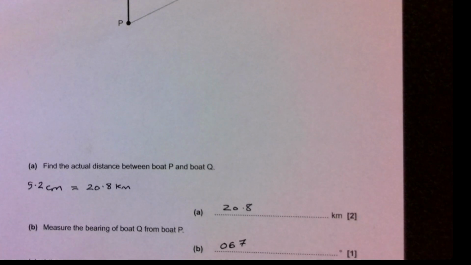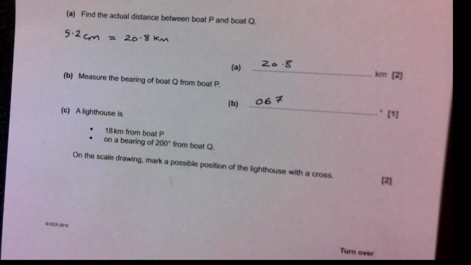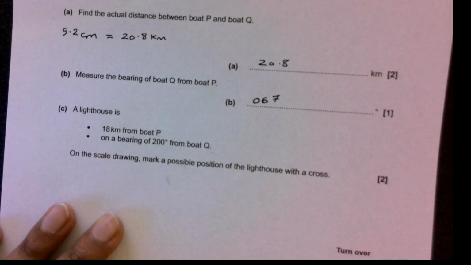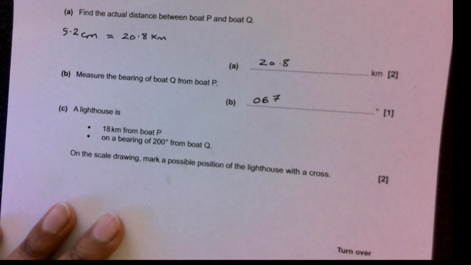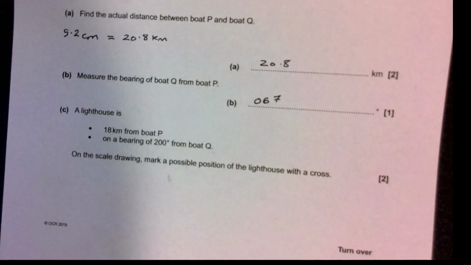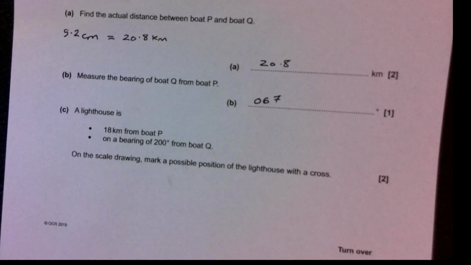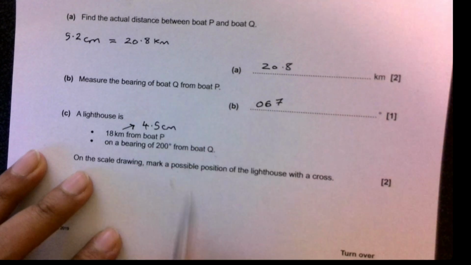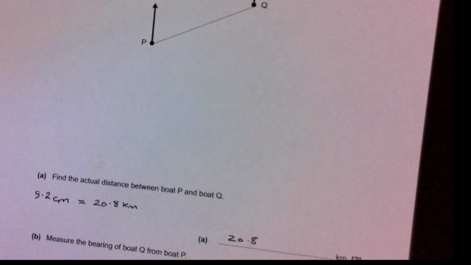And then for part C of the question, a lighthouse is 18 kilometers from boat P, and on a bearing of 200 degrees from boat Q. On the scale drawing, you have to mark a possible position of the lighthouse with a cross. Well, if we divide 18 by 4, then 18 divided by 4 is 4.5. So what we would have here for the 18 kilometers, that's 4.5 centimeters, and 200 degrees from Q, what we'd